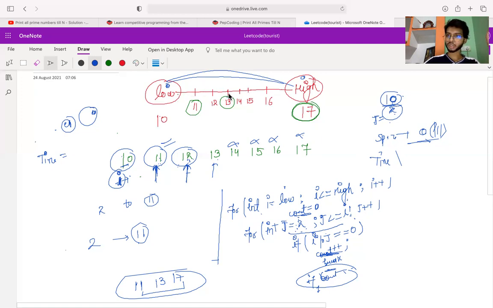This is my range. So it means I am running this loop from low to high. So I can say I'm running this loop around high minus low number of times. Okay, so if I'm running this loop till then, what about this inner loop? This loop runs depending on the value. In the worst case, I can say it runs